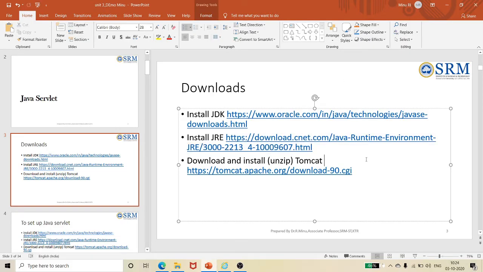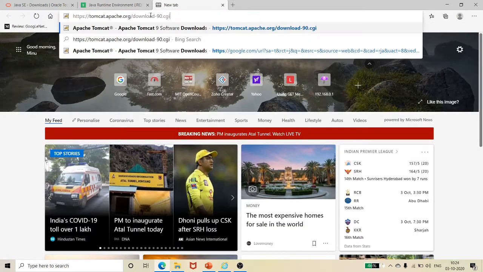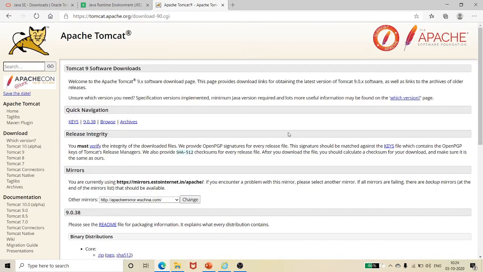The third step is the installation of our Tomcat. Tomcat is the important thing. Using this link, you can simply download your Tomcat. If you want to run your servlet, you have to use Apache Tomcat as a server.